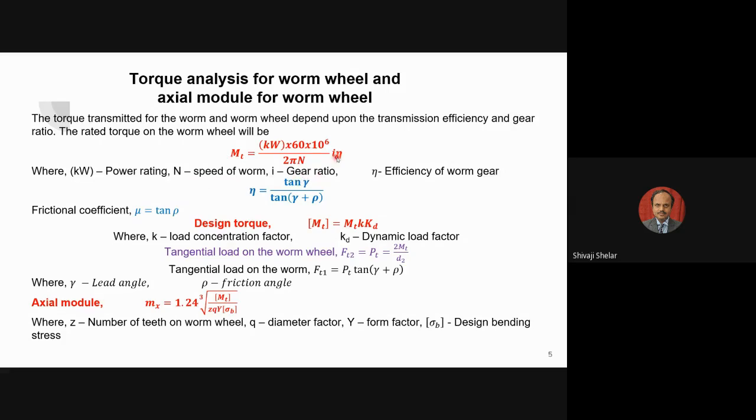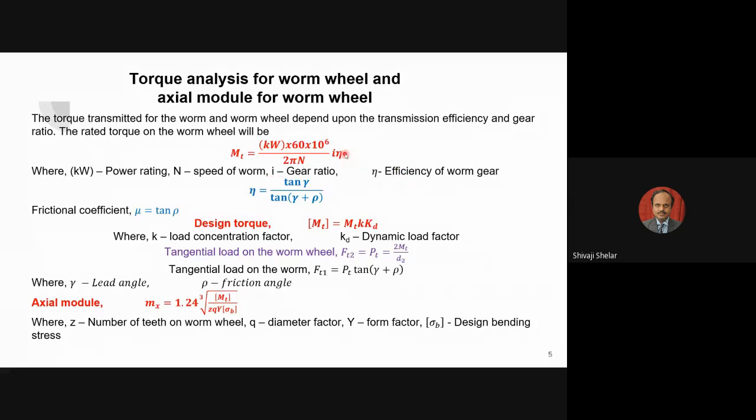I is the gear ratio. The gear ratio can be 20, 10, 40, even 100 also. A gear ratio of 500 is not possible in one step. You have to go for two stages. That 500 gear ratio is also possible, but in that case you have to go for a two stage arrangement. You can't do it in one single stage. Up to 100 or 120, you can have a single stage gear ratio, depending on the number of teeth on one wheel.